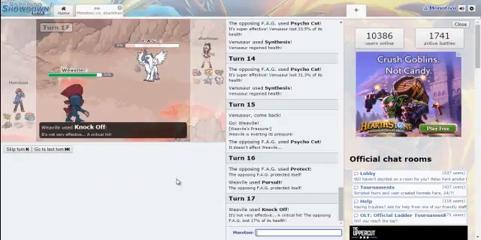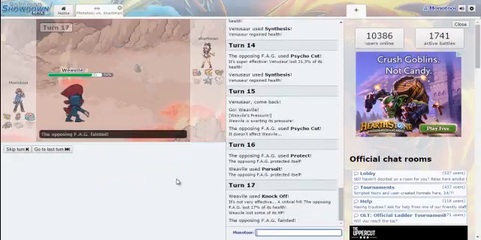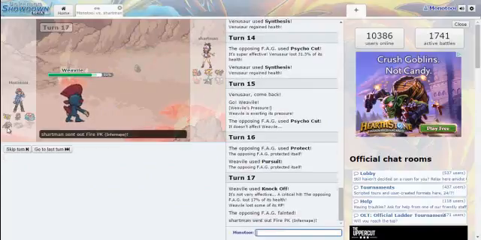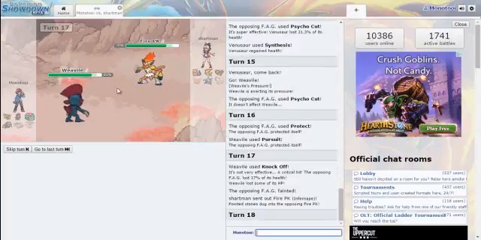Yep, alright, he stays in anyway, and his Mega Absol decides to go down. Well, you know, not decides to, I murdered it, but, you know. Now he's pretty free to bring in Klefki or Infernape. If he goes Klefki, I can go Excadrill. If he goes this thing...